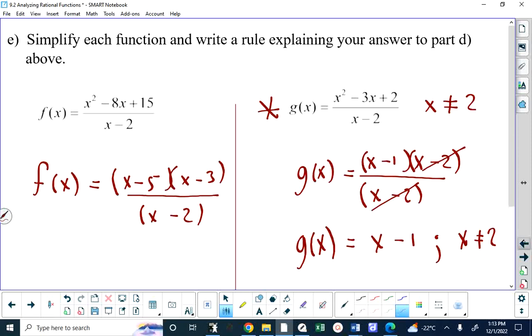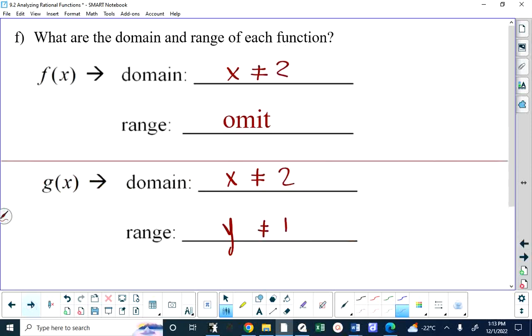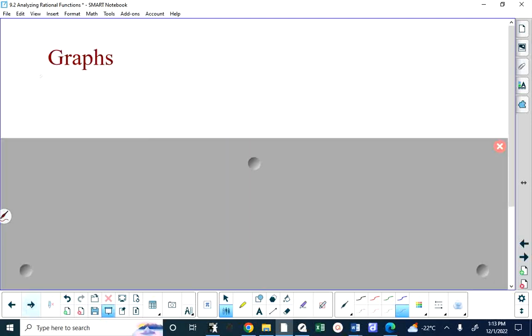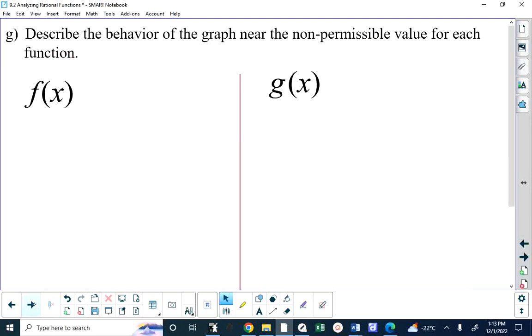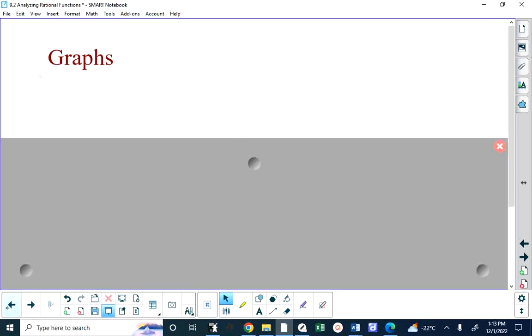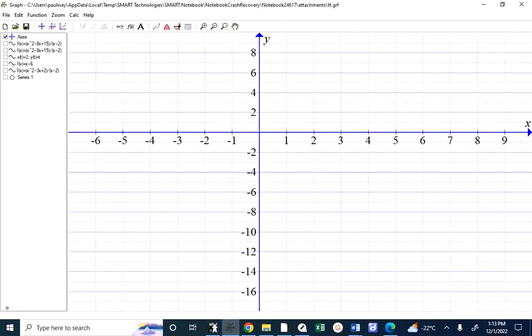So if you were to put the non-permissible value for x into whatever remains, you're going to get the non-permissible value for y. If you put in 2 for x, you'll have 2 minus 1, which is 1. Just to show you the graphs in more detail, no, I'm not going to bother. Describe the behavior of the graph near each non-permissible value. And now I realize why I had the graphs. I'm going to put